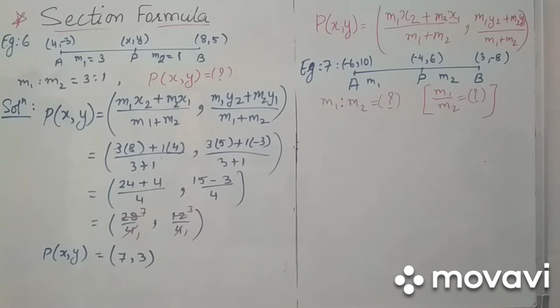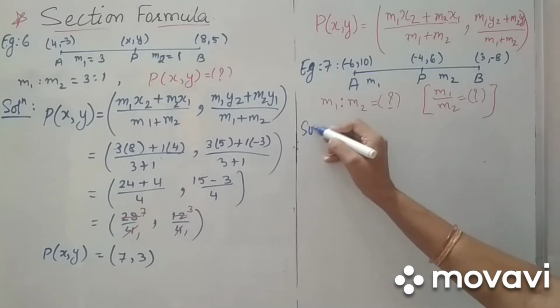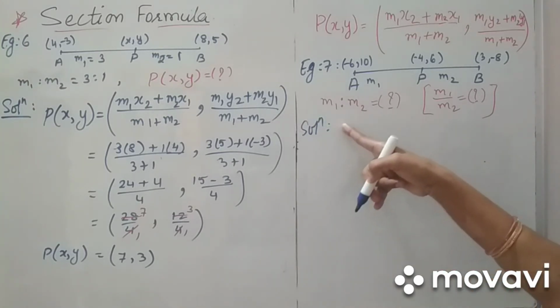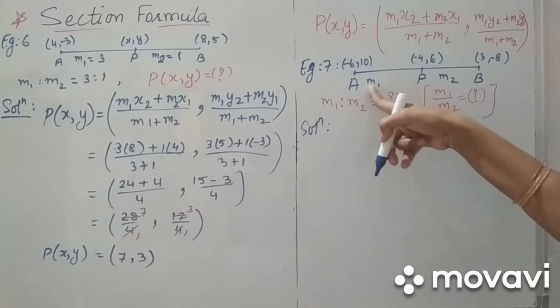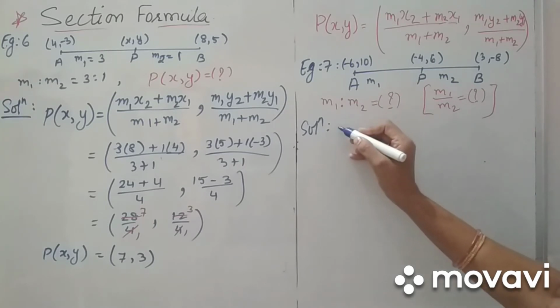Now the method is the same, the same formula you have to apply, but after applying this formula you have to use another step. Let's see. So put it in this formula. Here we do not have any value of m, so I am keeping it as it is, m only.